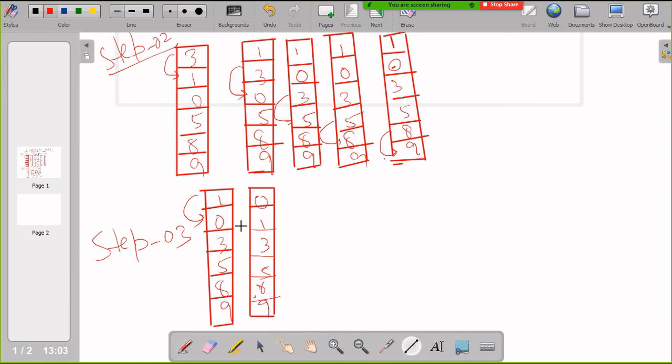Same way again, comparison will take place between 1 and 3, so there will be no change, and between 3 and 5 there will be no change.